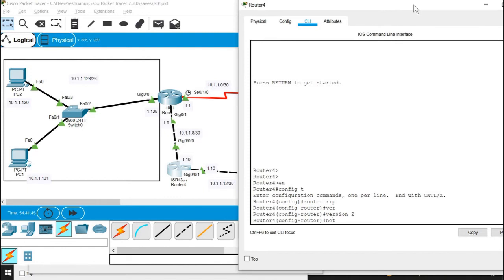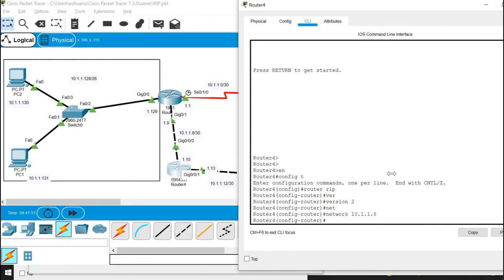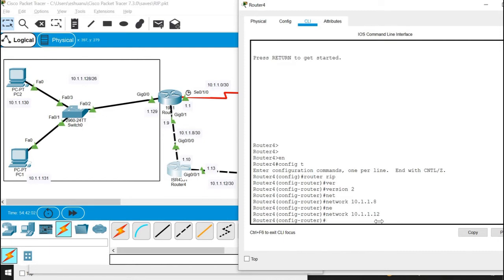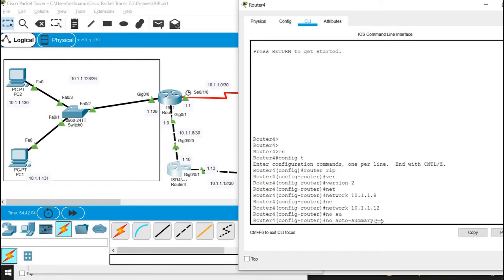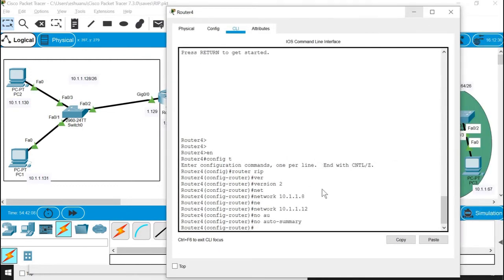And then I have to tell about the network. This one first, 10.1.1.8, and then network, this one, 10.1.1.12. Perfect. And no auto summary. If you do not give this no auto summary, then also there's a big problem.